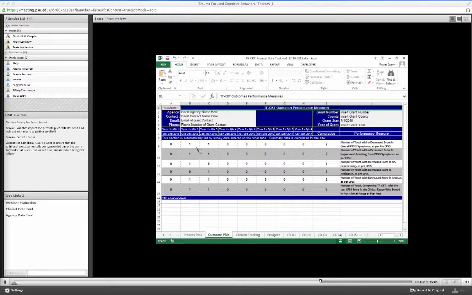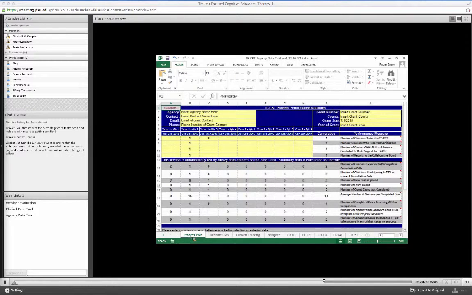So, the quality of the data that clinicians are entering into their clinical data tool is going to directly impact what your data looks like in this summary. So, what's crucial is that we make sure we get those treatment start and end dates and the completion status correct for every case. Now, Roger, if you click over to the process PMs, I wanted to show folks that